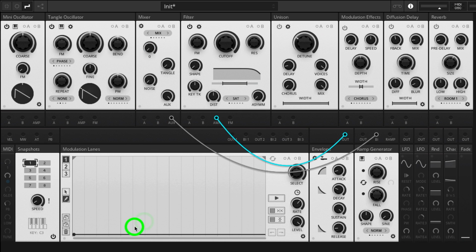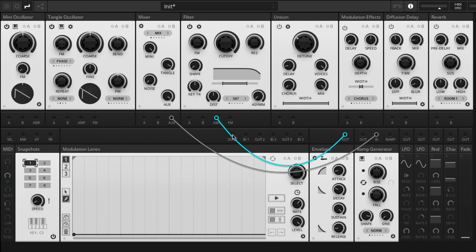So we've got this sounding like a saw as well, because the rise is at its minimum and the fall is kind of the saw shape. So the rise is the attack of the saw tooth, and the fall is the tooth shape, the fall. And that's why it sounds like a saw wave. We can brighten it up a little bit by adjusting that shape knob, so that sort of softens the edges a little bit. There's a little other hard edge there. And then, so let's turn these up. So there's our 3 lovely oscillators, and let's